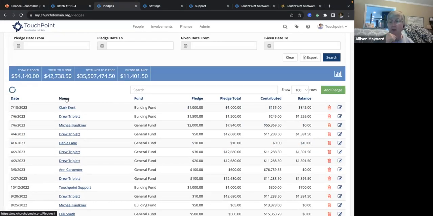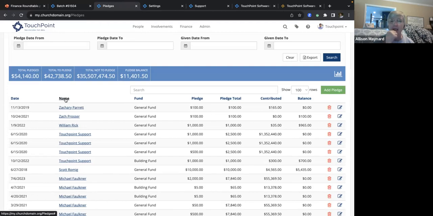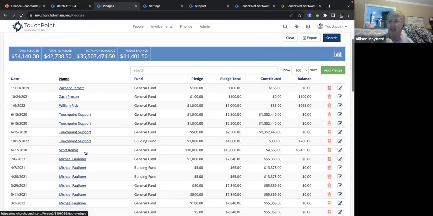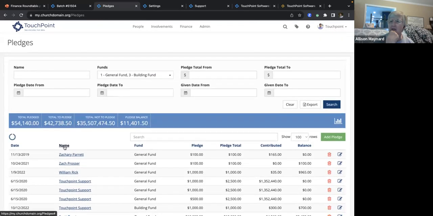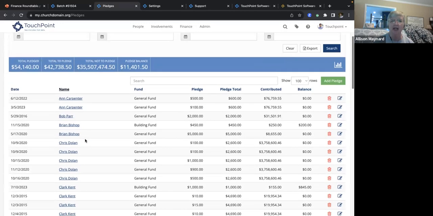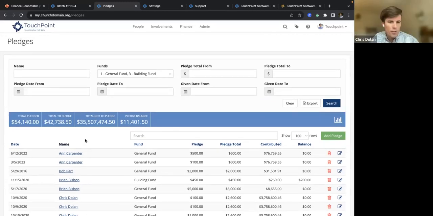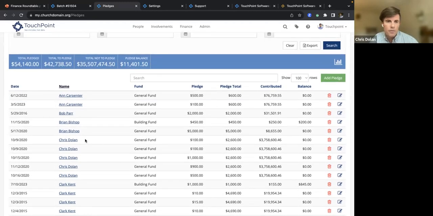There's another report, I don't remember where it was, but I like things by people's last names because that's typically how you list. When you're making a list of people, you put them in order by last name. So how do I get this alphabetical by last name?